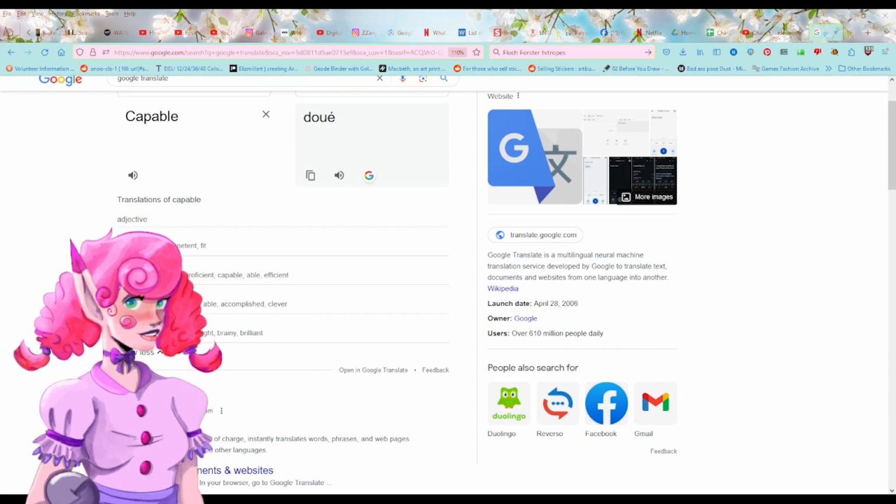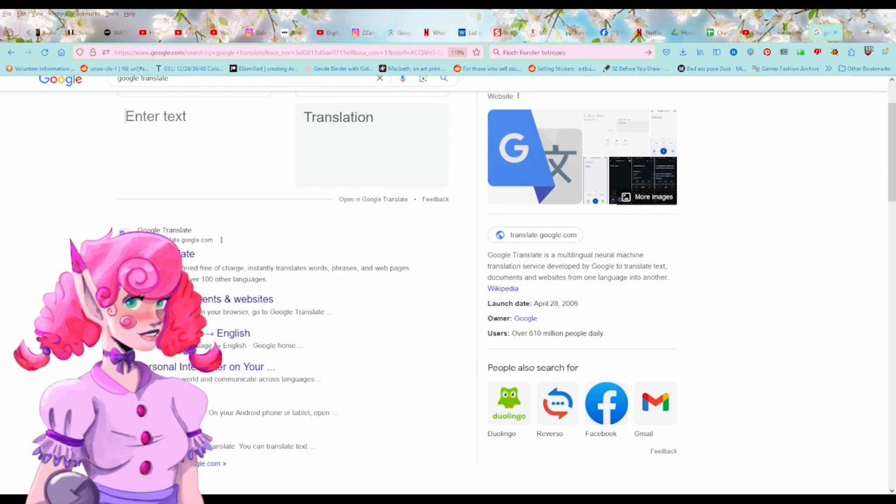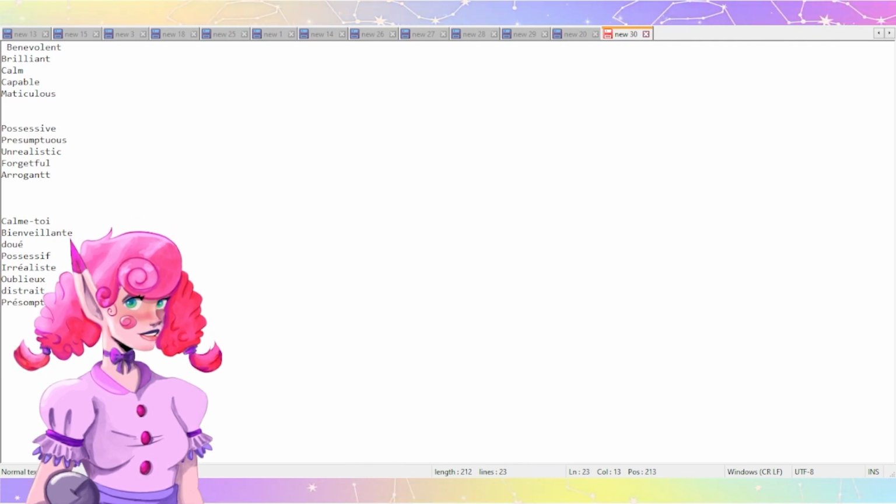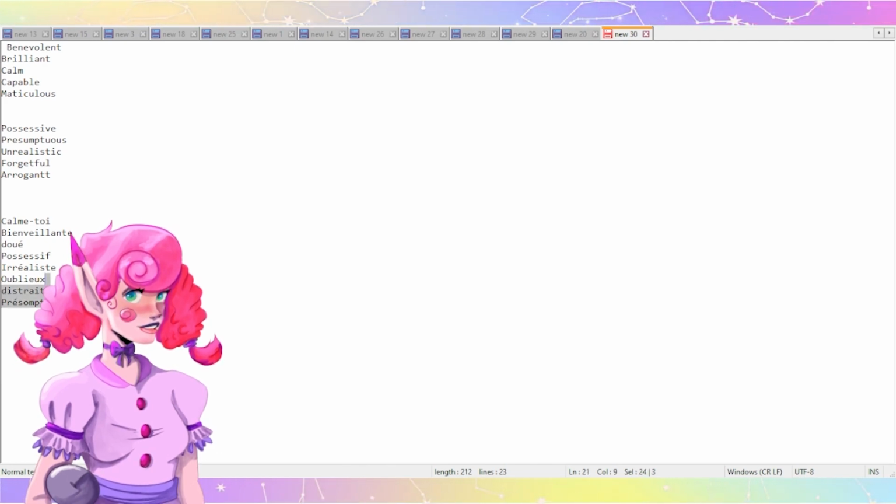Okay, so we're going to do some of these negative traits now. I don't really like, you know what? I kind of like the masculine form because of the sif, right? So we're going to take this. And okay. Now I'm going to do this with the other bits so I don't bore you. Okay, so now that I have these words, these are the words here.